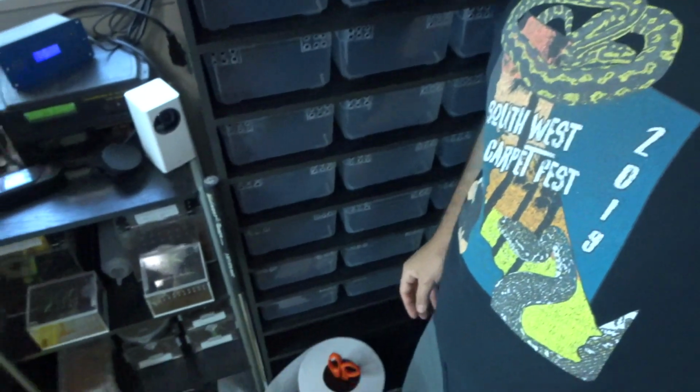Before we go too far, I did want to say that this has been a project I've been putting off for a while, and I finally started it yesterday. It took me an hour to get lots of holes soldered into these tubs. I was getting in rhythm, and my soldering iron sort of overheated and I didn't get to finish it. So we got about 32 of them done, 13 more to go. So I'm gonna try and get the last of these done today, so when babies are ready, this can be